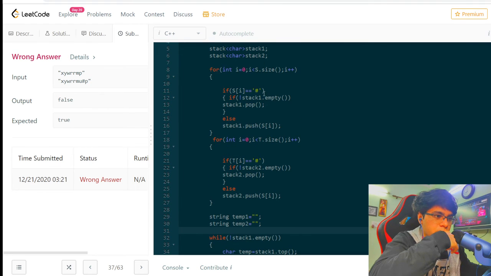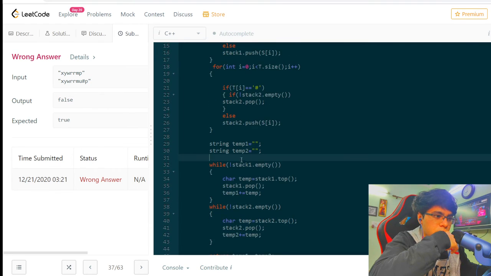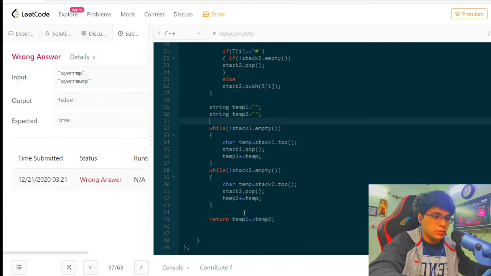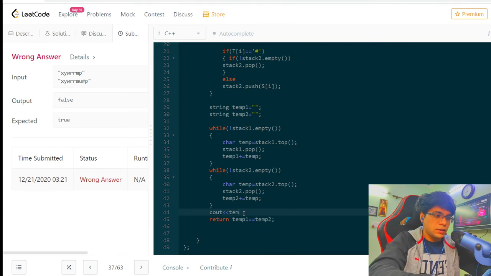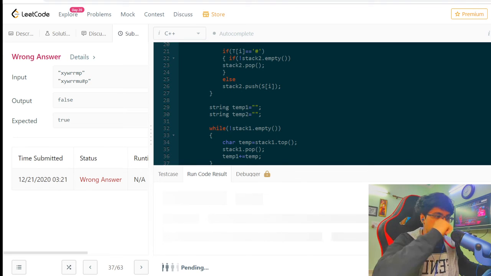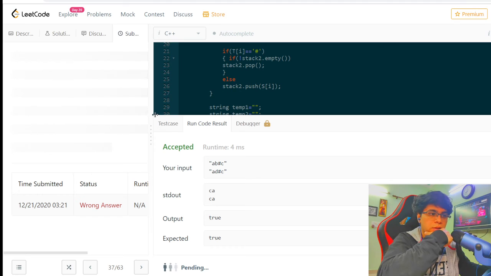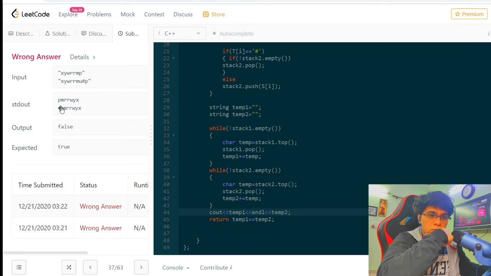Okay, let me see out temp1 and temp2. See out temp1 and temp2. I will get what is the mistake. Oh, by mistake I ran the code. I have to submit it. Yeah. Okay, so